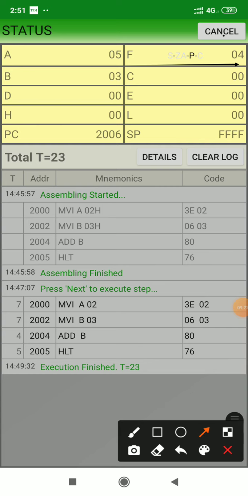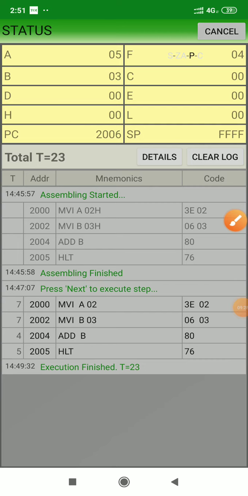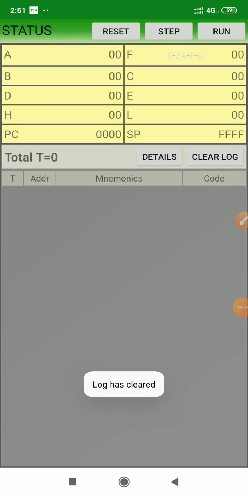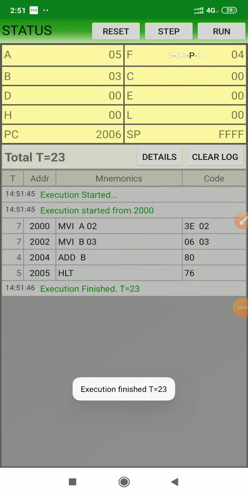Now we will see the second method. The second method is run. We will learn with the help of run. So we will reset it, okay. We will clear the log, okay, and we will execute the program with the help of the run instruction. See, the results are the same, everything is the same, but now the whole program has been executed in a single step,